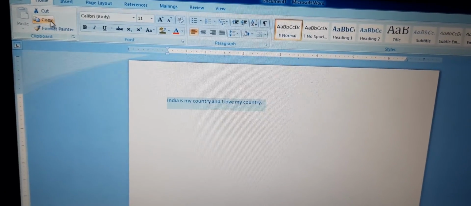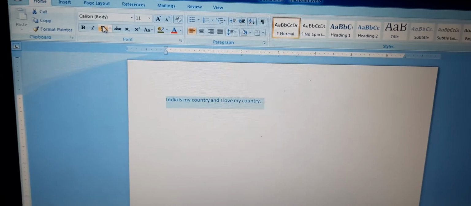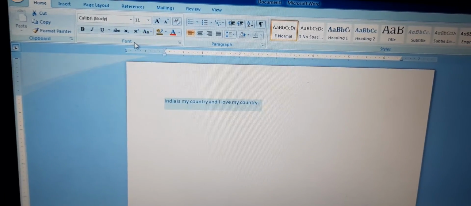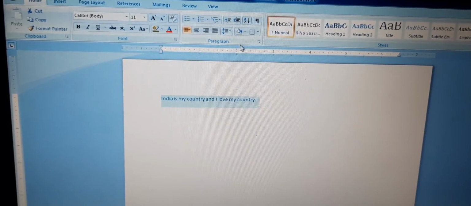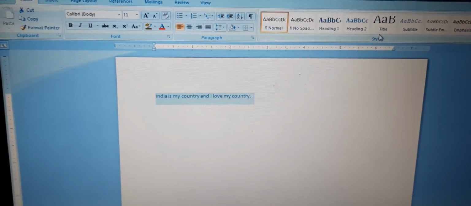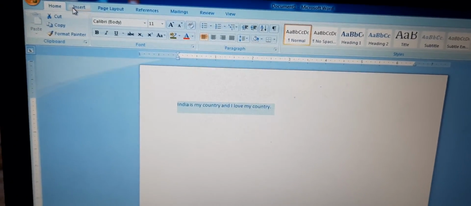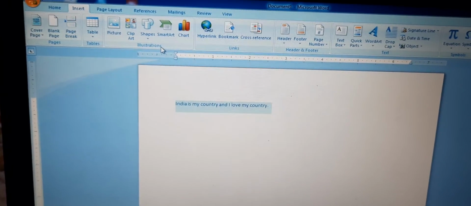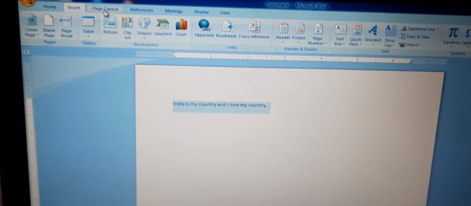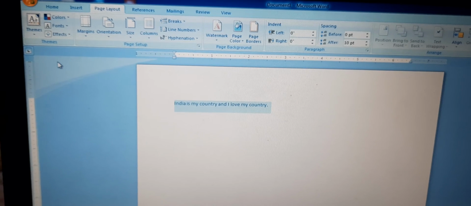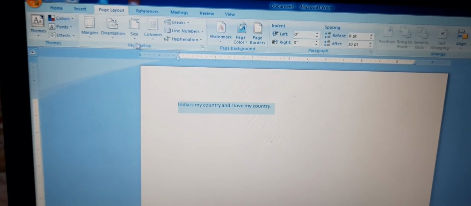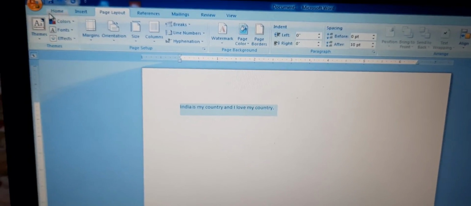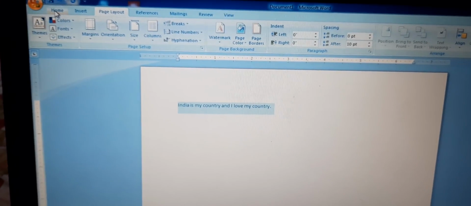Clipboard group, where the commands related to the clipboard are given. Font group, where the commands or buttons related to font are given. Then Paragraph and Styles. Okay children, for tabs you need to go and click there and you will see different groups. For every tab there are various other groups present. You can see as I am clicking on the tabs, the groups are changing here. So right now again we will click on the Home tab.